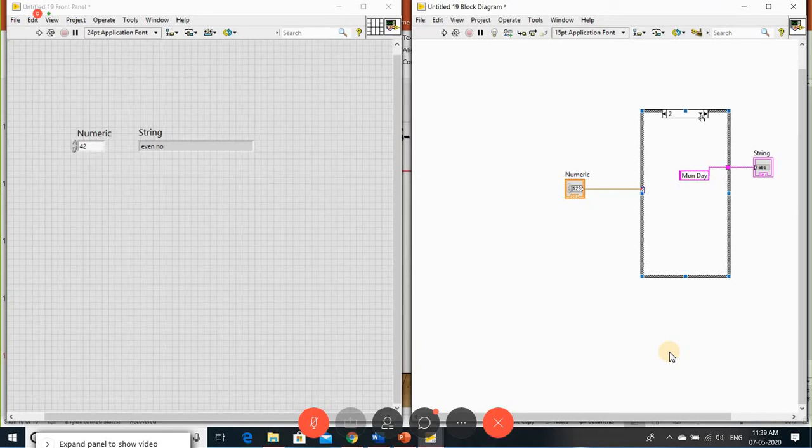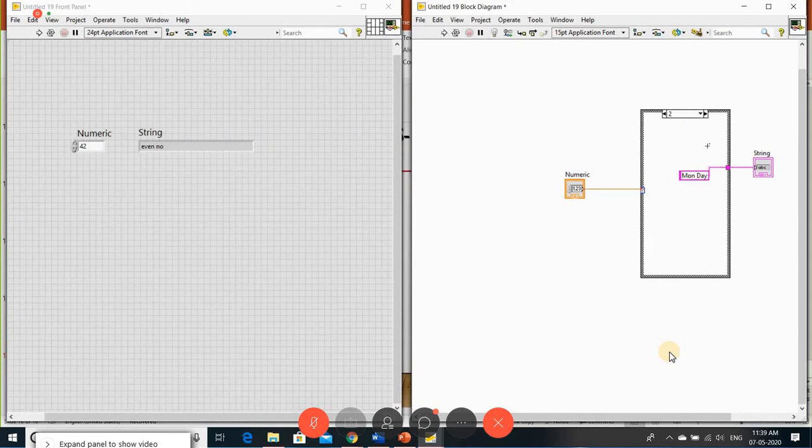For default, I'm just mentioning invalid day or something like that. For showing an example, I've taken only 3 cases. When your number matches 1, it's going to display Sunday.